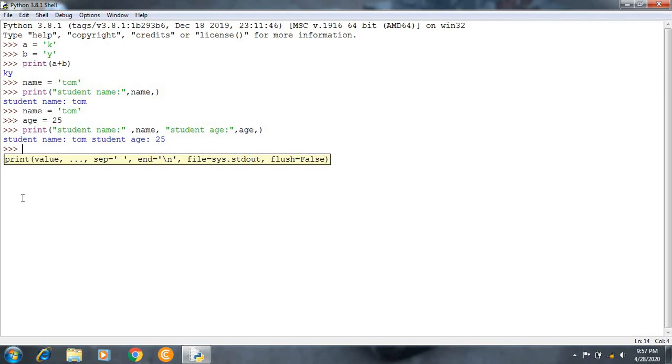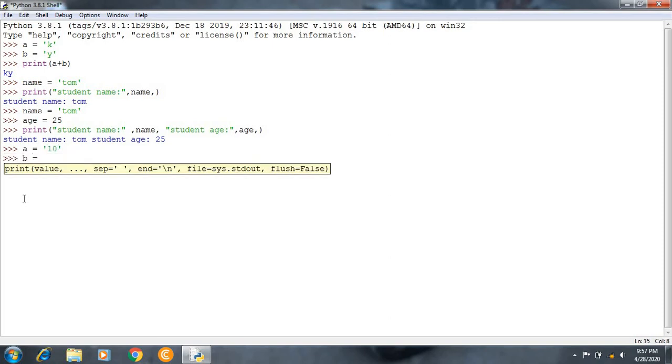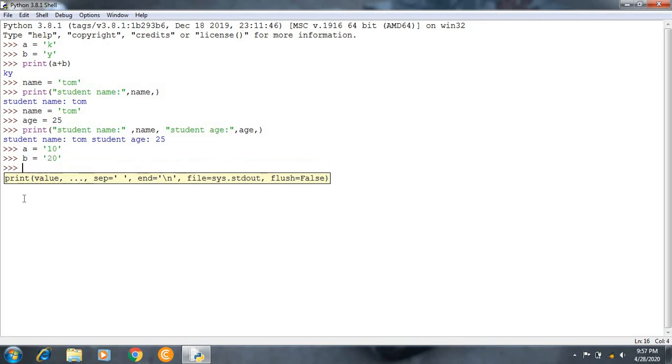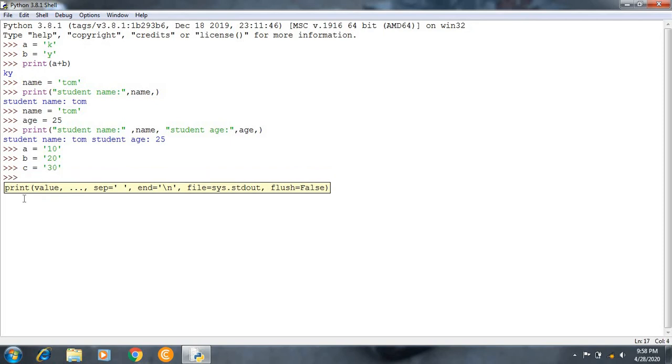Suppose I'm defining a value, a is equal to 10, b is equal to 20, and c is equal to 30. Suppose how do I print all these things? Enter print. Now how do I execute it?